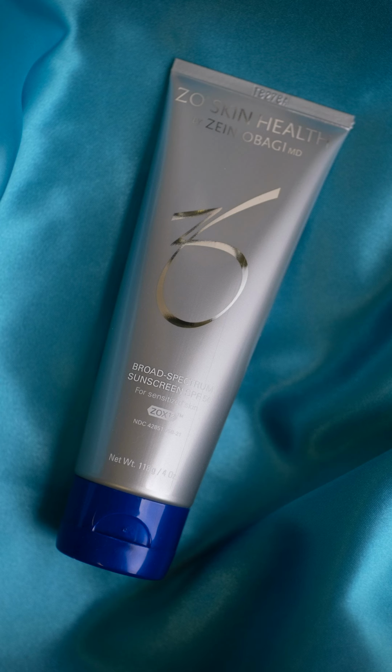So in your active ingredients, what equates to a physical sunblock is zinc oxide, titanium dioxide, or iron oxide. These are all minerals that sit on the surface of the skin and help to basically reflect the UVA, UVB rays. So there are also some sunblocks out there like our Zeo Skin Health Sunblock, our Broad Spectrum 50,